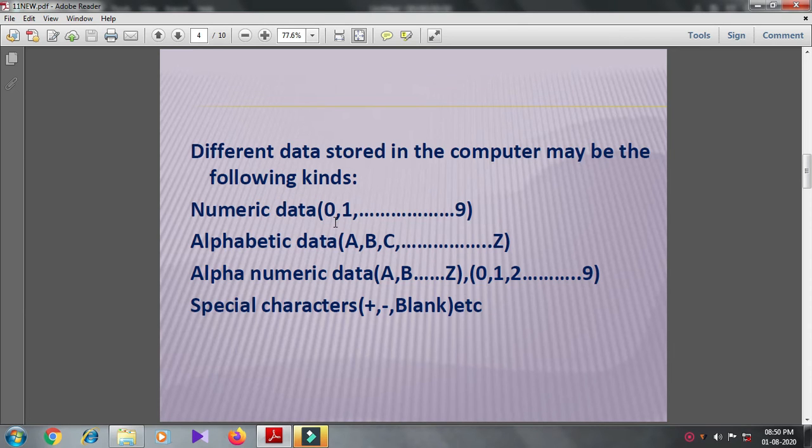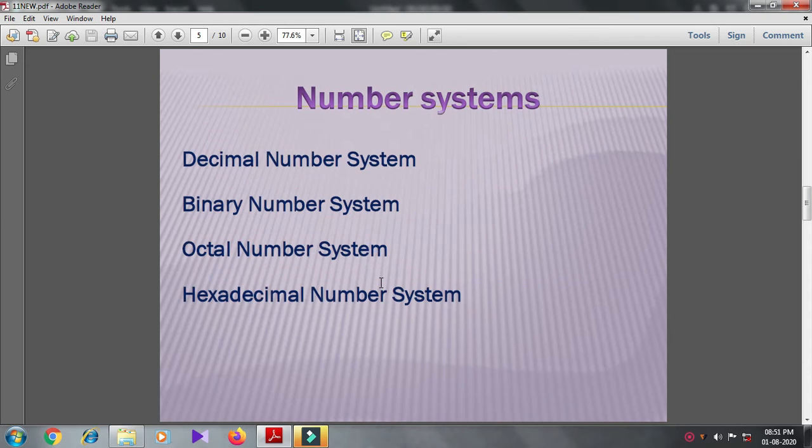Digital computers represent data by means of an easily identifiable symbol called a digit. These digits can be represented in different types of number systems used in digital technology. This chapter deals with the type of number systems and their conversion from one form to another. Number systems are the technique to represent numbers in the computer system architecture. It is the way to represent a number in different forms.